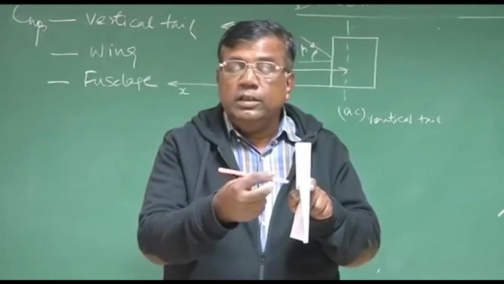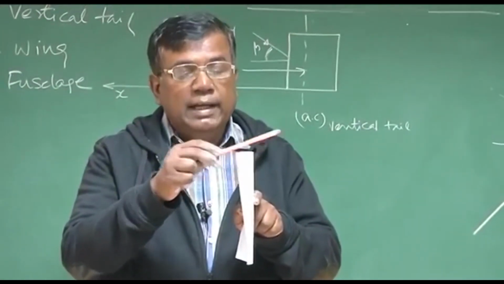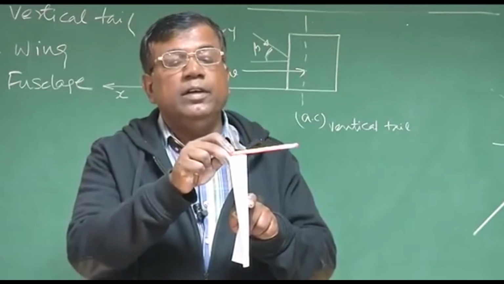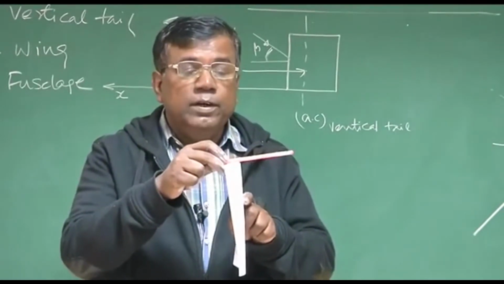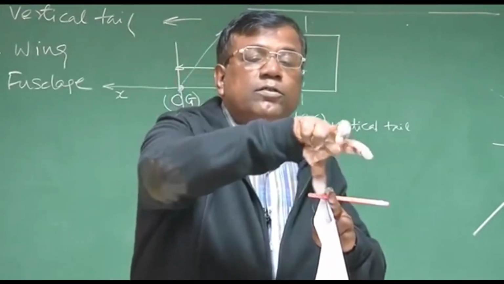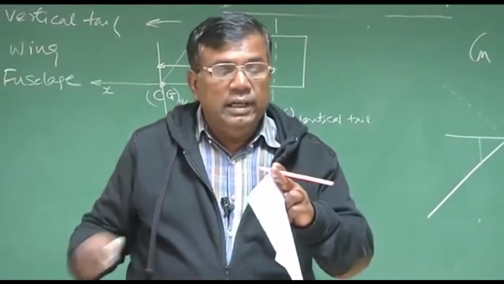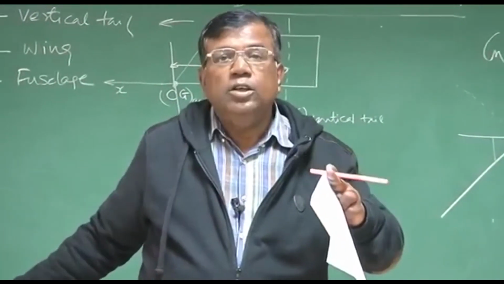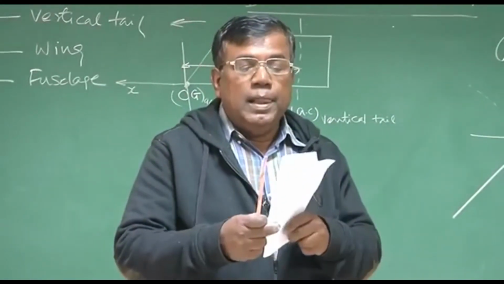Now what will this beta do? This air will give a force on the vertical tail in this direction. Ideally, it will be perpendicular to the velocity vector, but if beta is small, I can say it is something like this. What will this force do? With the CG somewhere here, this force will give a moment which will take the right wing back. So indeed, this will make the yawing moment positive. So the vertical tail will give adequate